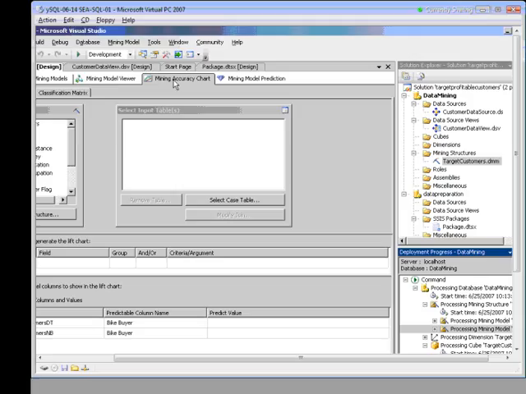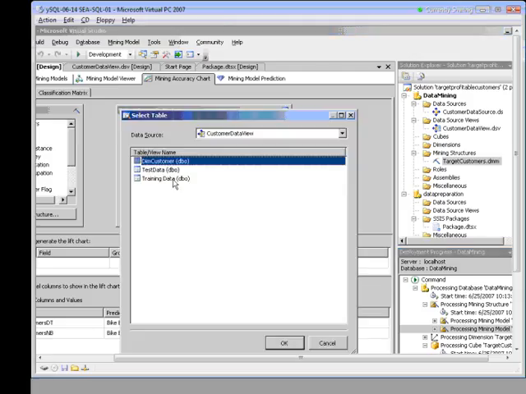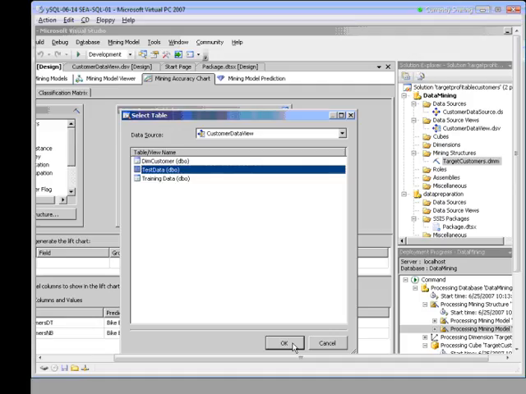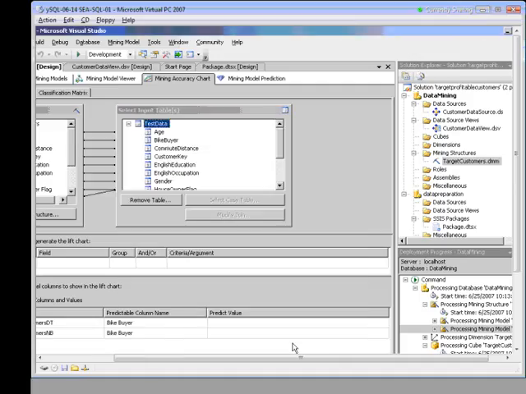From here you can select some input data to evaluate the models against. So I want to select the case table, and of course we want to use our test data. We'll use the test data that we created in the initial data preparation. With this data, we withheld 10% of the data and placed it into this test data table. We'll now use this data for analysis. We're going to evaluate the two different models based upon how well they predicted a bike buyer to be a 1.